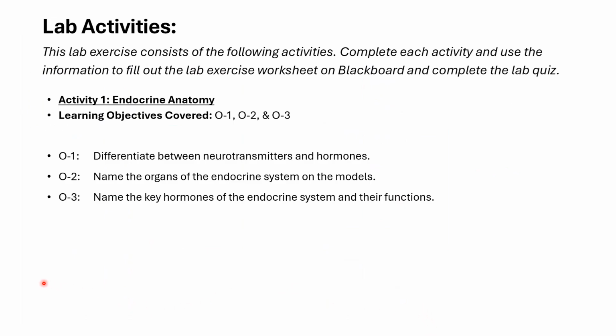This brings us to this page of the manual. And now let's see the learning objectives covered by 1, 2, and 3. Let's try to learn them. So we have to differentiate between neurotransmitters and hormones. We already did that. Then we have to learn the names of the organs of the endocrine system on the model. We are going to do that. And then we have to learn the names of the hormones of the endocrine system and their functions. So let's